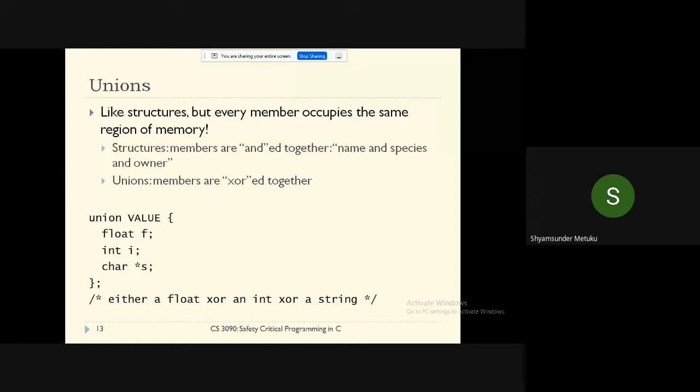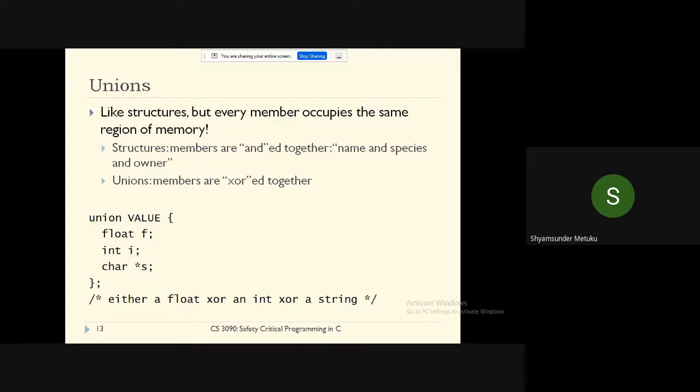But coming to the union, among the float, int, and char star, what is the maximum size of the individual members? All are 4 only, isn't it? Yes, sir. Yeah. So by any means, if you have something like double, then float, int, char, out of these 4, which one is higher? Double is higher. So the amount of memory allocated to the union will be equal to the memory occupied by the highest member. So the double needs 8 bytes of memory.